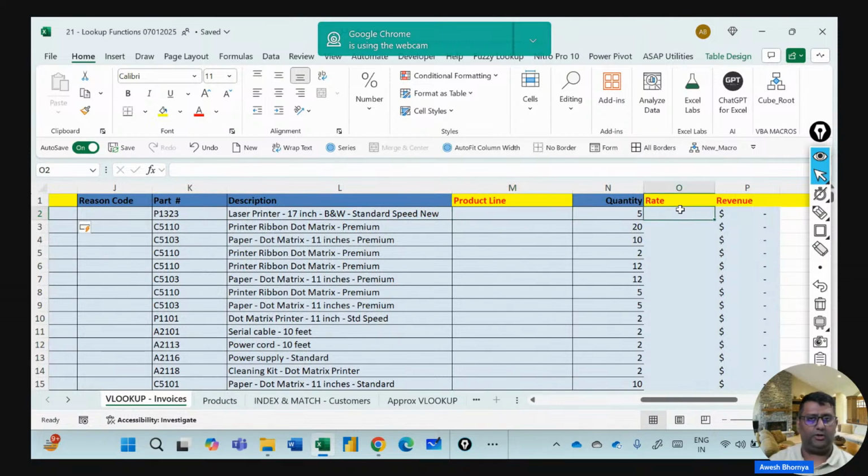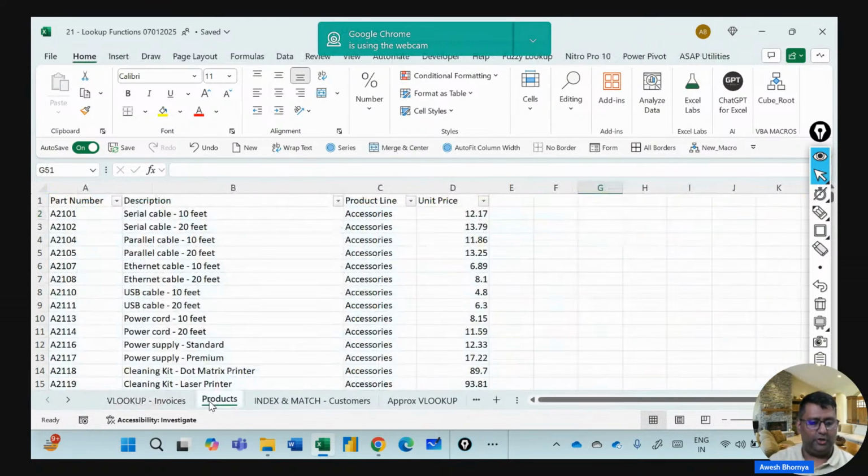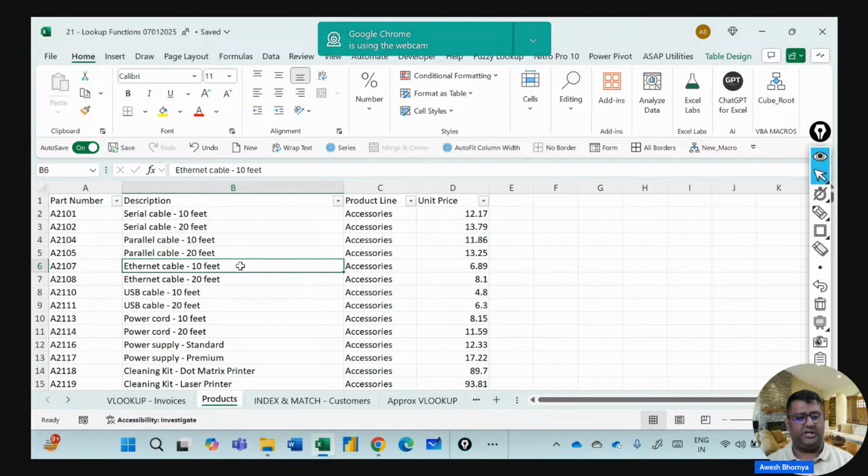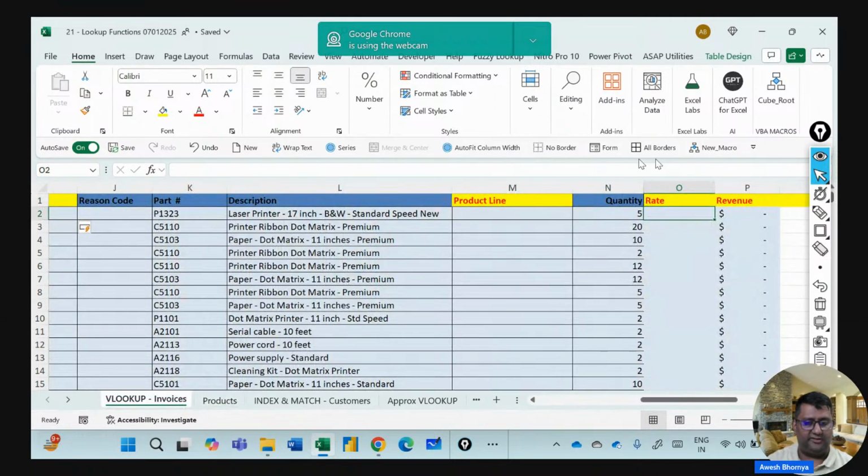product line and the rate of the product. So in the products table, or in the product sheet, I've got some data related to the products. And using that data, I will be getting the product line and the product unit price into my invoices sheet. And when I do that, I will be automatically calculating the rate because I already have a formula that multiplies the quantity with the rate. So what we are going to do is we are going to go to the product line sheet and the product line cell, and we will work with